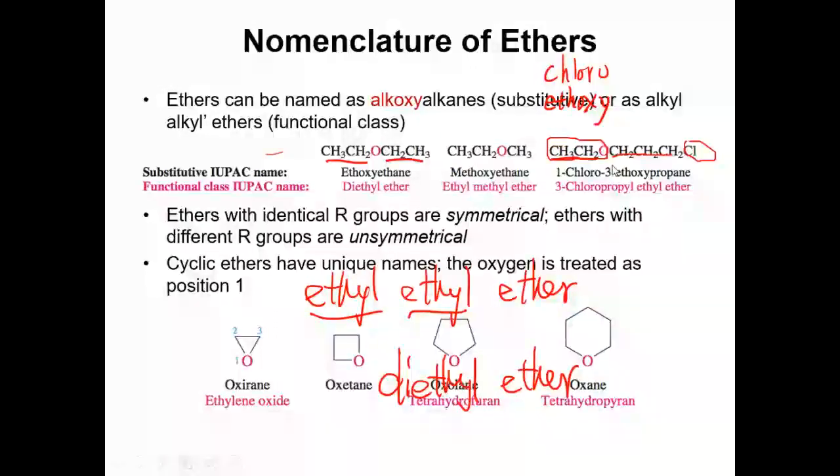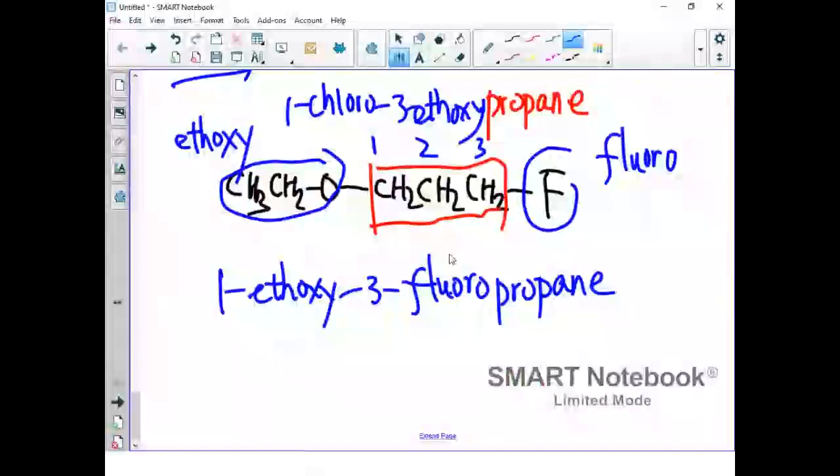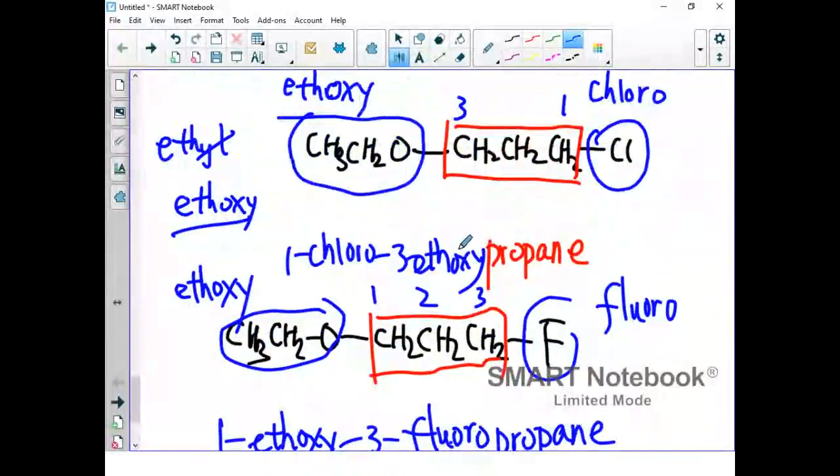And this one, the two alkyl groups: one is ethyl, on the left side. The other, on the right side, if you forgot it, is the 3-chloropropyl group. You can do it here. So if using functional class nomenclature,